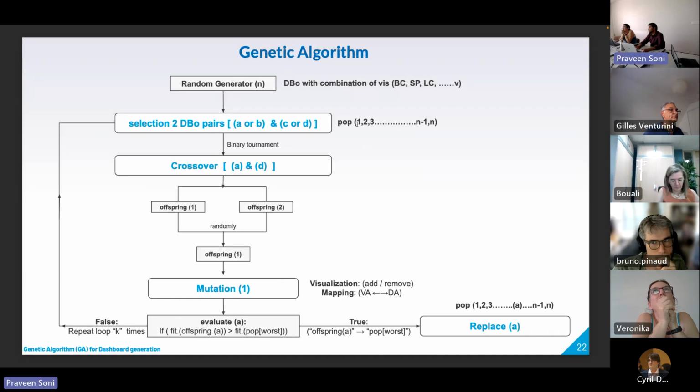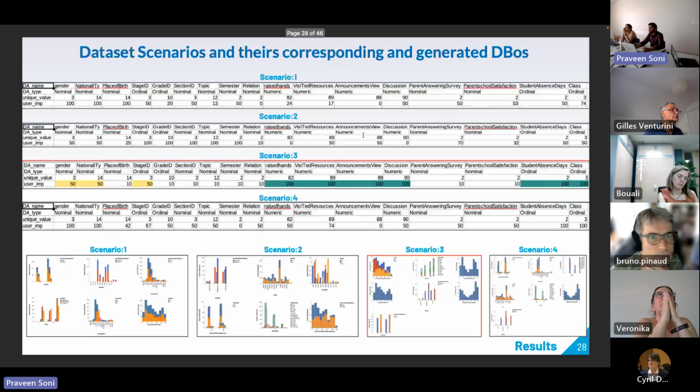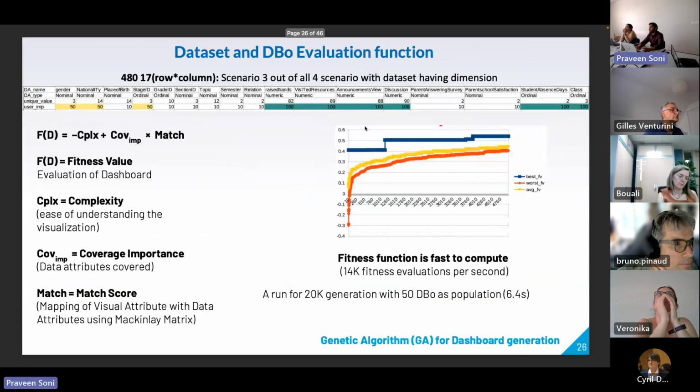Just suppose here are the 10 population. Randomly, or rather the first one, which I consider the worst fitness value, has been chosen. When I say fitness value, this is the fitness value. The formula we have used for the fitness value is like